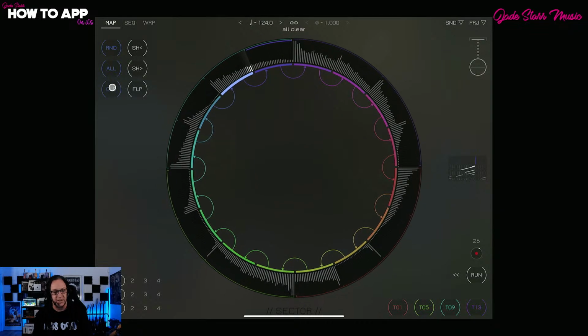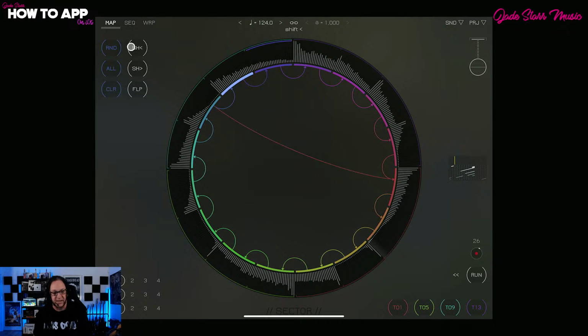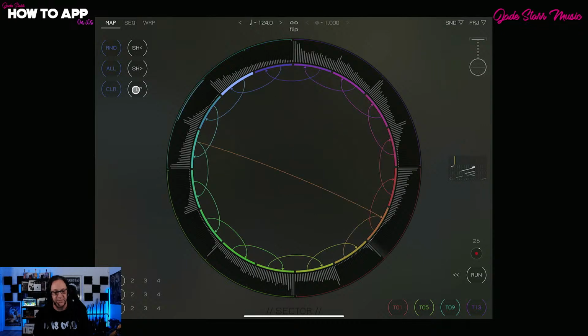So let's just clear this out. If I click on this and one over here, and then I hit shift, you'll see it'll shift around the clock face and back, and a flip will flip it the opposite way. So lots of easy ways to flip, and you can do this live while it's playing, you know what I mean? So you can hit run and